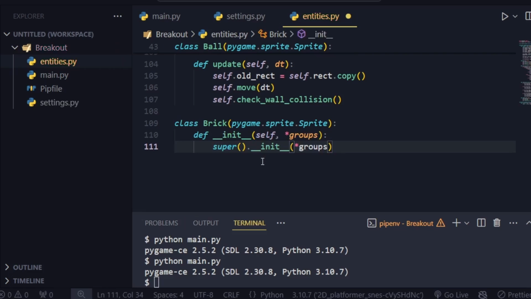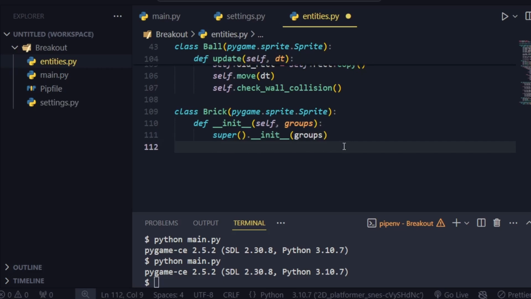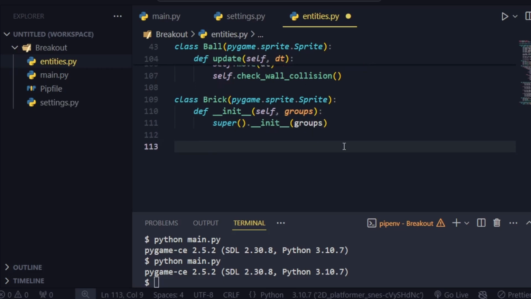Define our init function and make sure to pass group to the parent. So our brick is going to have some properties. One of them is going to be